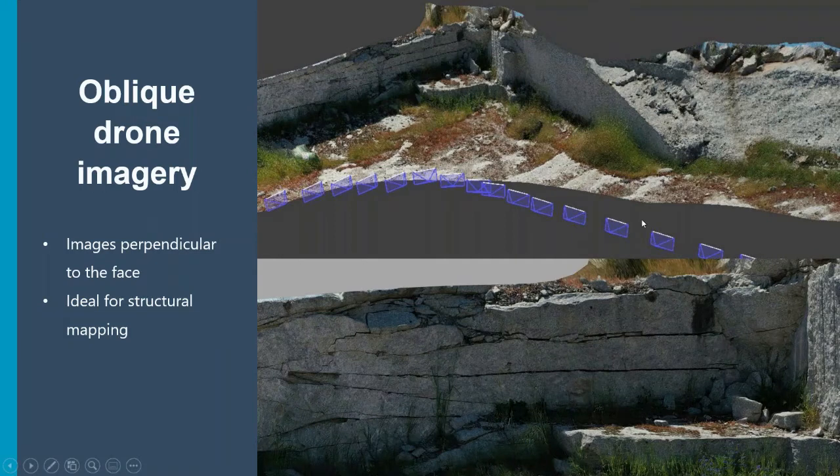And you can sort of see here in this view, the camera has sort of been tilted towards the face a little bit. And this is just flown manually, so there's a little bit of overlap in things, but definitely not vertical looking straight down. And we're focusing on the walls here. And see this bottom image, definitely fractures, not veining. This is just a basic granite face, obviously. Highlights in there. Ideal for structural mapping, lithology, all the rest of it. Not sure what anyone would be getting out of in terms of lithology mapping in this one, but for structural,